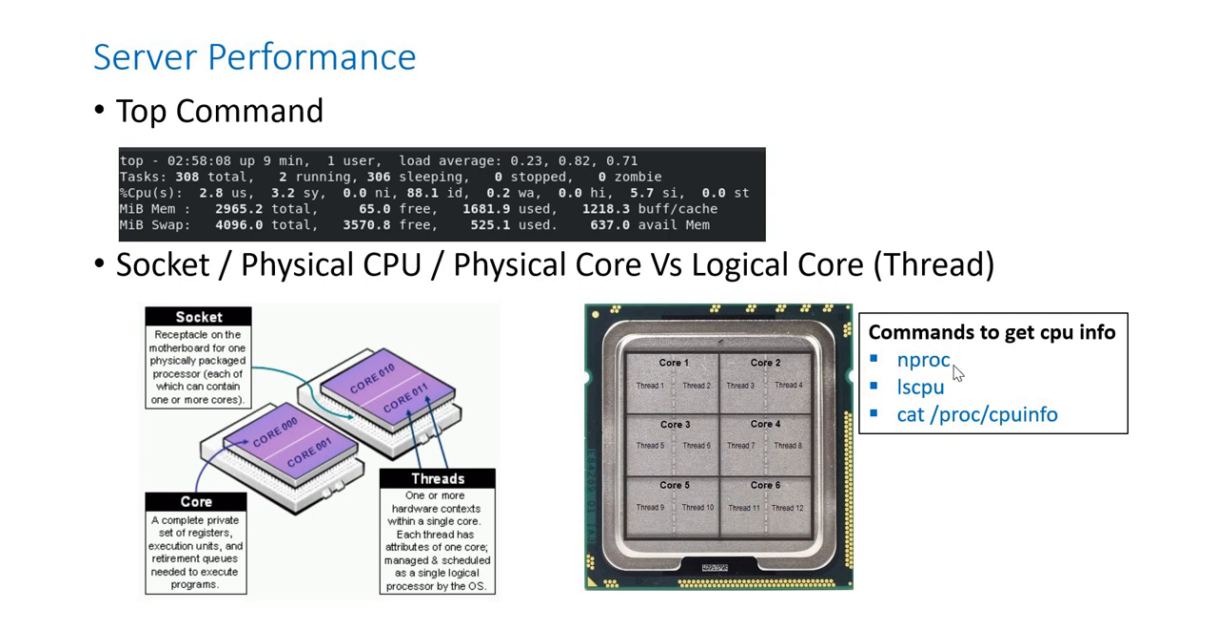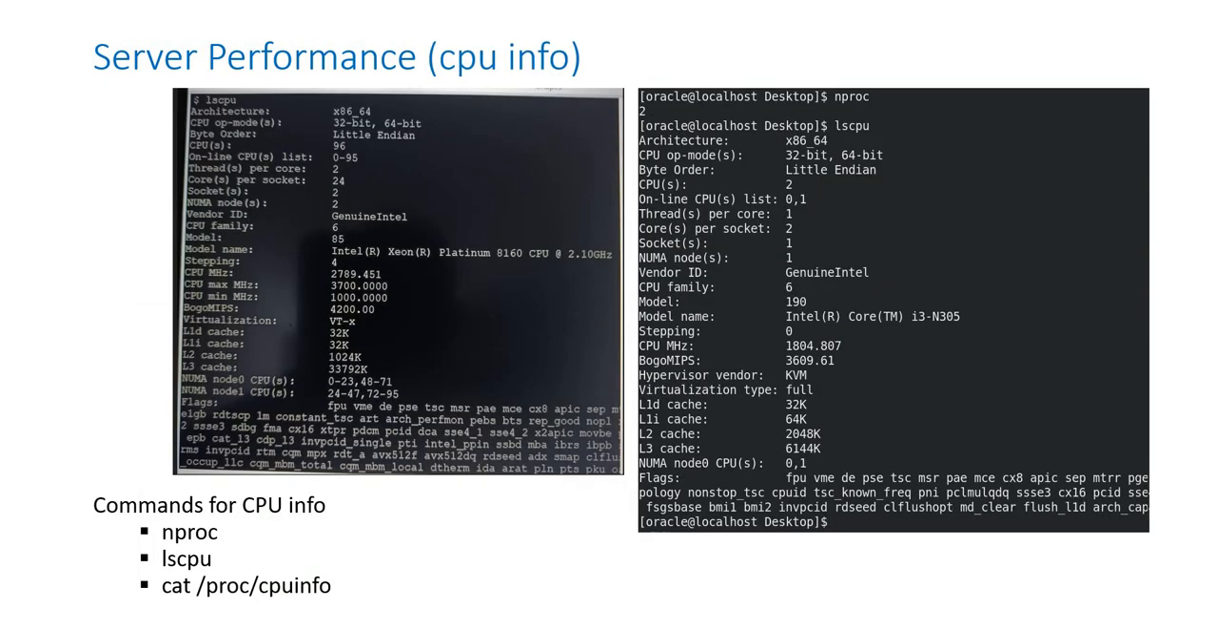It'll just give you a number, the total number of CPUs. lscpu will give you more detail about your CPU information, and cat /proc/cpuinfo will just list out CPU information for each of the core processors. So I have some output for that. If you look at it,